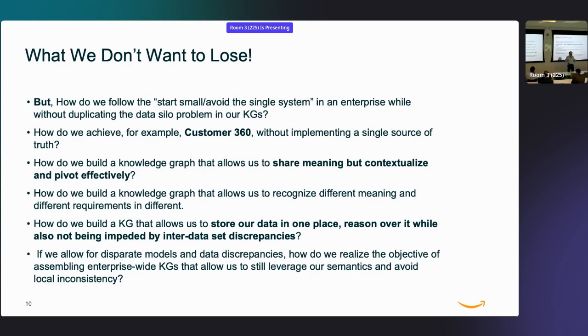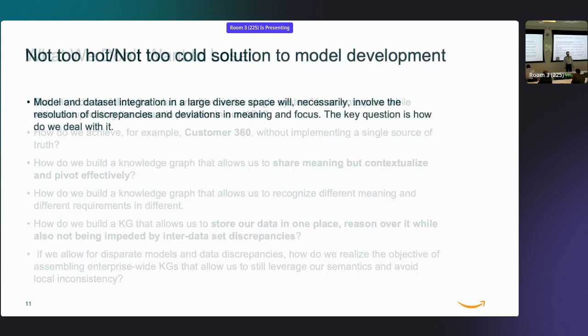So it's obviously not the case that we say knowledge graphs are bad, we should go back to where we came from. We obviously want to wring these things out, but also see if we can leverage some of the flexibility that we get from not overemphasizing trying to create one single enterprise-wide ontology. So that's a little bit of what we want to talk about today.